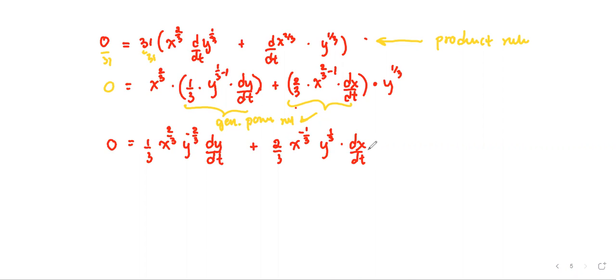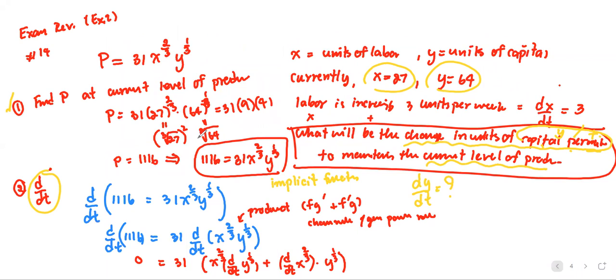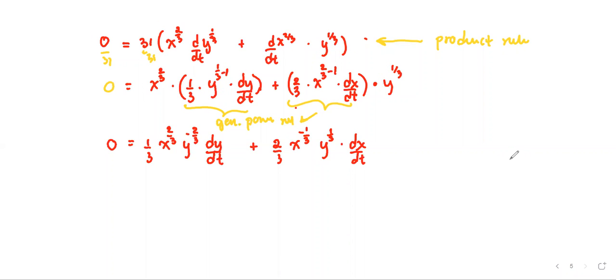Now, at this step, I have x, y, dx dt, dy by dt. The y for the first term has a negative power. The second term, the x has a negative power. What we're going to do, if you recall, the question asks you to find dy by dt at the current level of production. So I'm going to put the note here as our goal is to find dy by dt